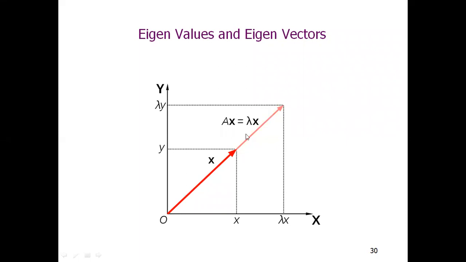You have one vector, you multiply by some lambda, and how am I getting that equation? I get y is equal to lambda x. That y is nothing but the linear transformation y is equal to Ax. So I substitute Ax instead of y, so Ax is equal to lambda x. From the linear transformation, I am able to write down this equation. That is an important equation.